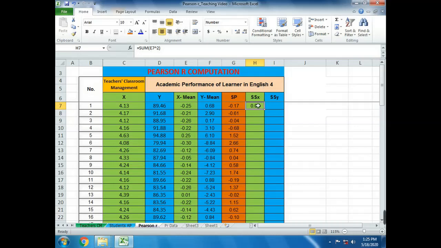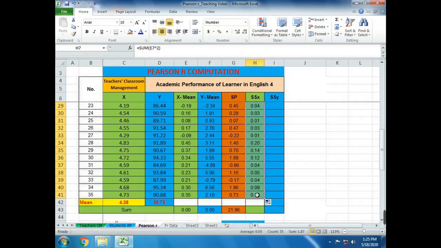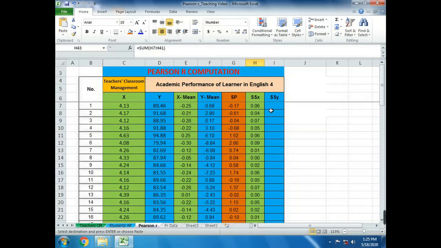Okay, so we can now drag it down to copy the formula down the row, and then we can also copy this formula here, put it there on the other side. We have now the summation. Okay, now the last column, we will be computing also for the value of the summation of the squared value of y. So likewise, this is just also the squared value of y minus the mean. So to do that, going through the same process as in SSX,